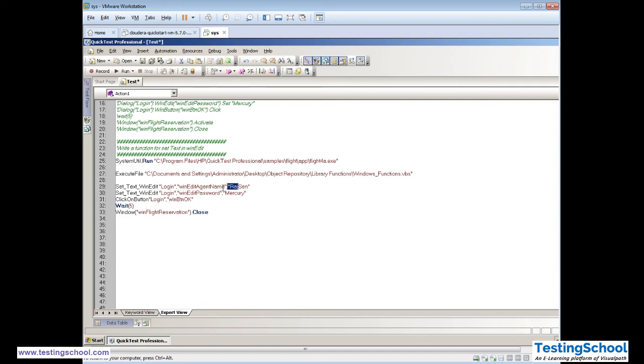Now where can it fail? When the object is changed, or some synchronization issue, or some unhandled pop-up came which needs to be handled. So let's see how our execution goes.